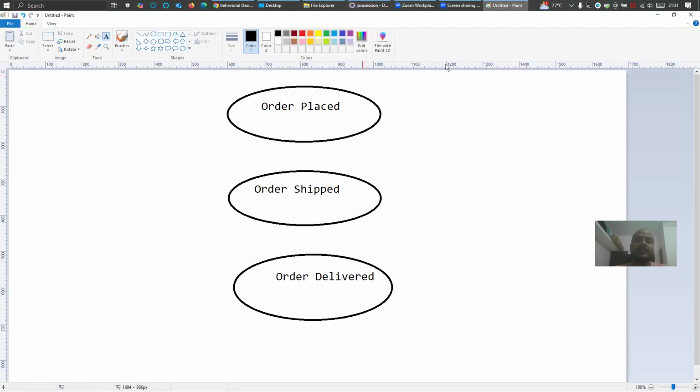So if you see this diagram, this is the simple flow in the state behavioral design pattern I am showing you. After you put items into the cart and pay, that means your order is placed. Then it goes to order shipped, then to order delivered. This is what I am trying to show you, and how it can be maintained with state activity,